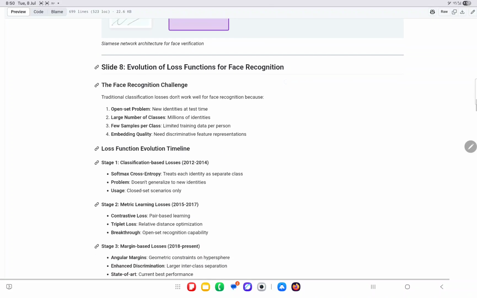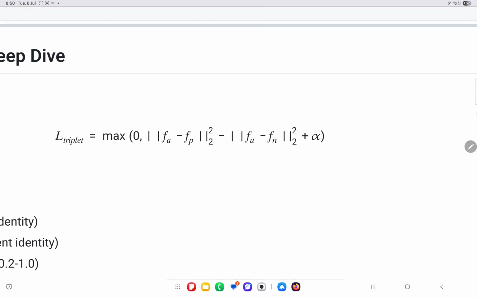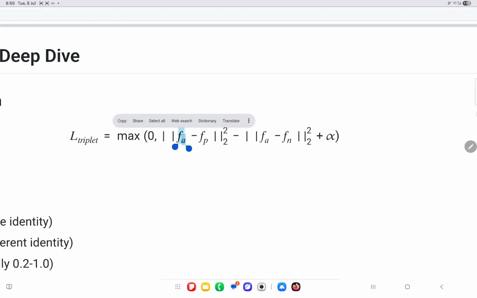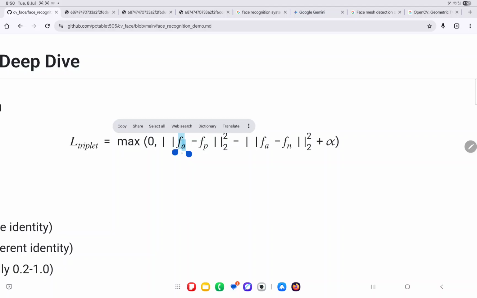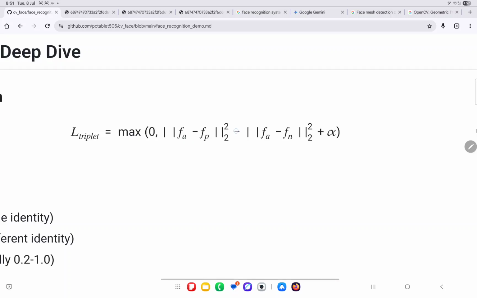So we have triplet loss defined somewhere. Yes, here. Here we have defined it as maximum loss could be 0, or A is the anchor image, that could be image 1, and P is the other image of same person. So A is the input image, P is the positive image, and we take the Euclidean distance between the two embeddings.